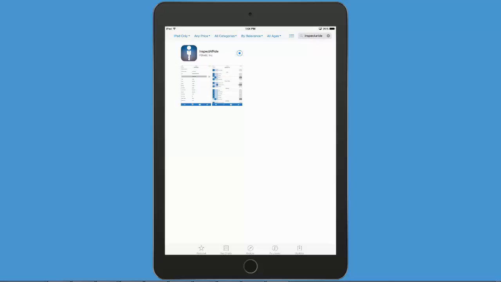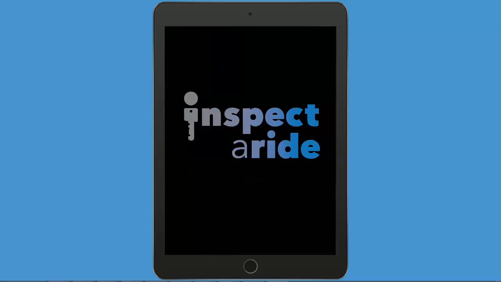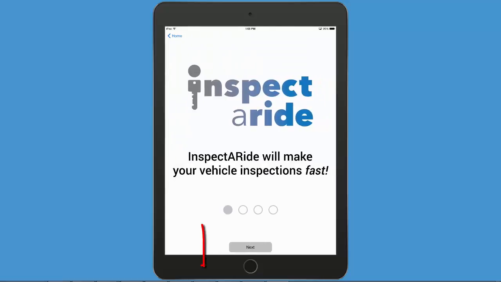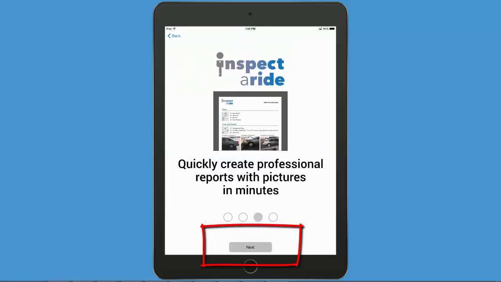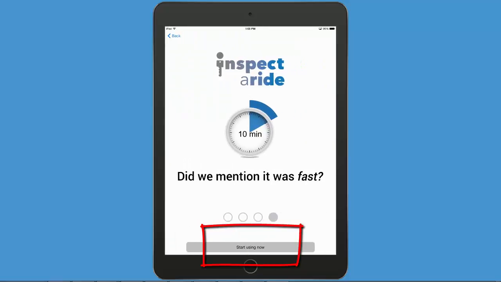How long this takes to install can vary based on the speed of your internet or your data connection. After the app is installed, we're going to tap on Open to open it. Once the app opens, a quick splash screen appears, and then we'll see the opening screen that it takes us to right here. We're going to tap on Next to go to the next screen. We'll tap on Next again,